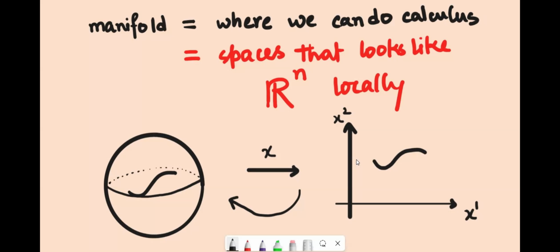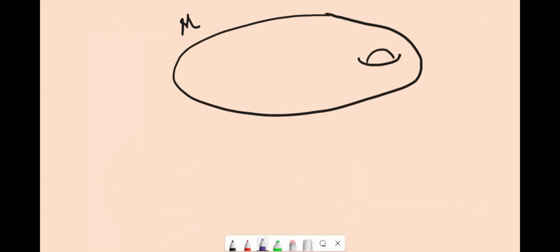But now, since the coordinate is a construction of yours, it's your mental image. It might happen that different observers or different people might use different sets of coordinates. So let me draw that into a picture. Here's a space or a manifold, a differentiable manifold with a topology M. There is a hole in it and different stuff, and there is a particle moving on it like this. So you want to understand the motion of this particle.